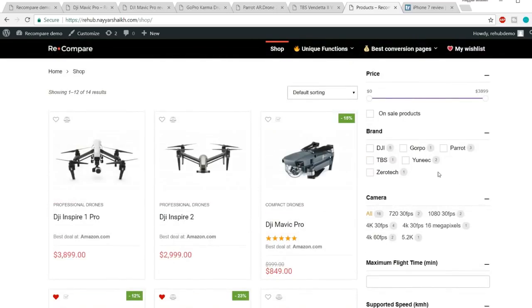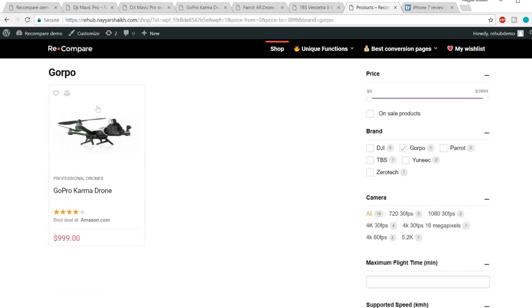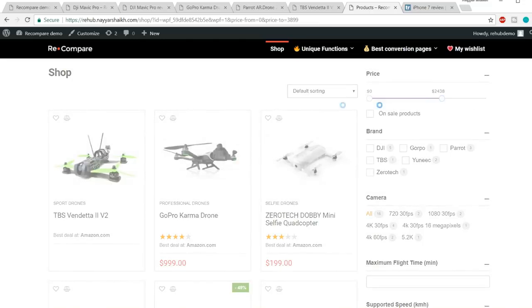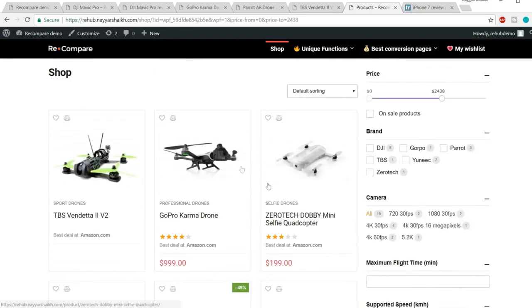So suppose I want GoPro, so I'll click on over here and I'll get only GoPros. Okay, drones which are using GoPro camera. So I can just untick this and everything will be normal. Now we can also sort it through pricing. For example, suppose I want a drone from $0 to $2,500, then I'll get all these drones which are priced